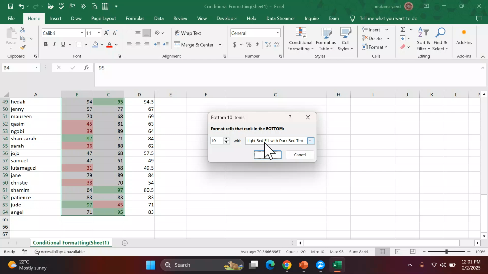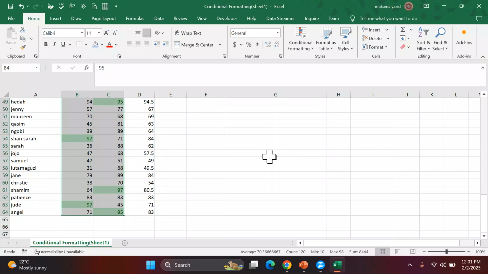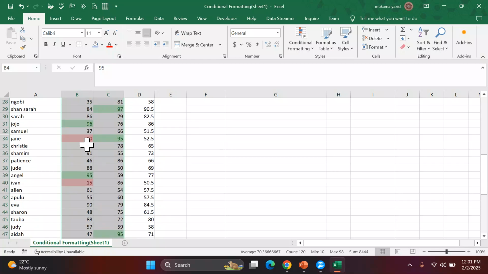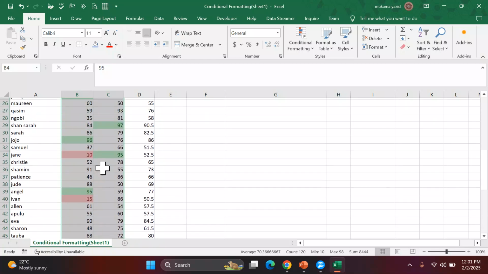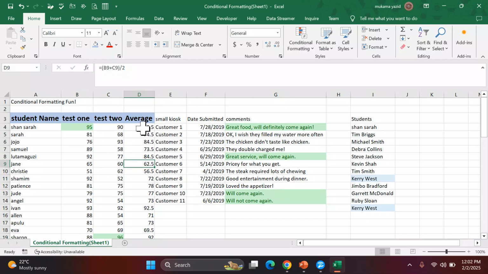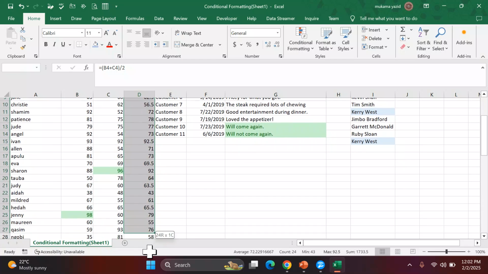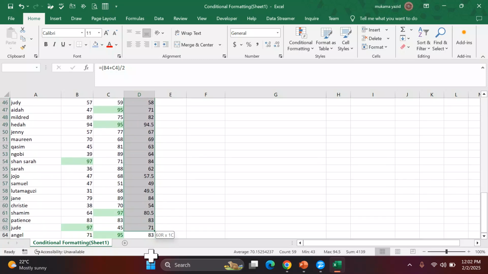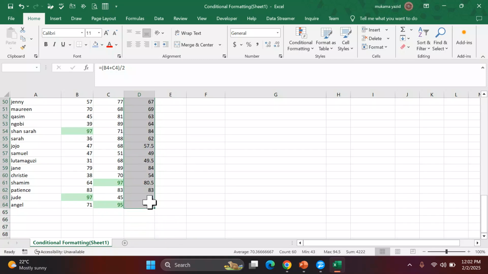we can reduce the number. It is not limited to 10. Wherever we want the bottom 2, we'll take out only 2. You rate there, you come there and set how many they are. As for the bottom two, you can see only these 2 have less than the rest. That is bottom. So from there, let me highlight the average column and I see whether I can get